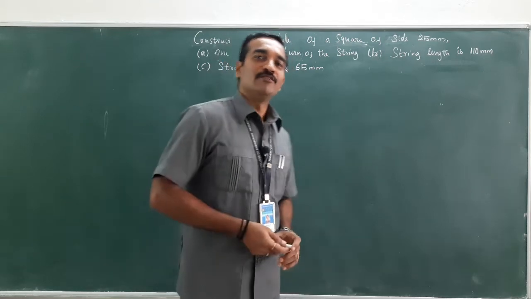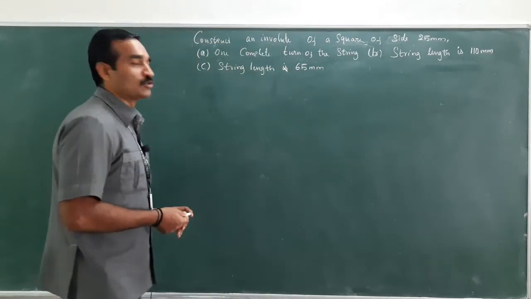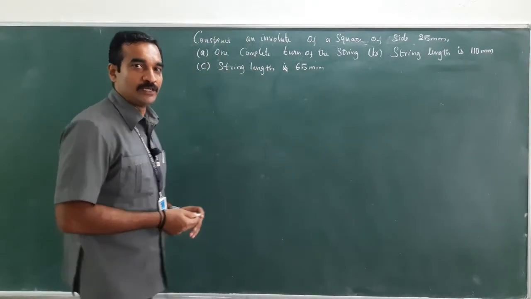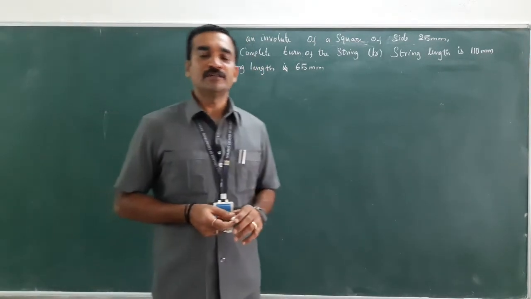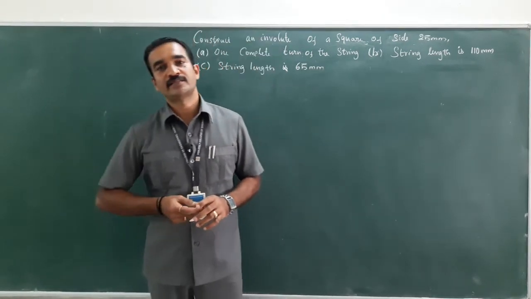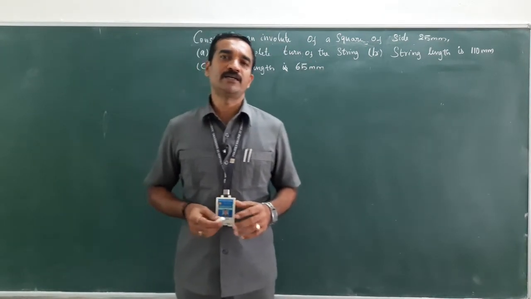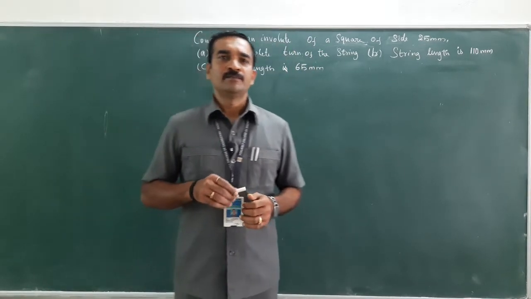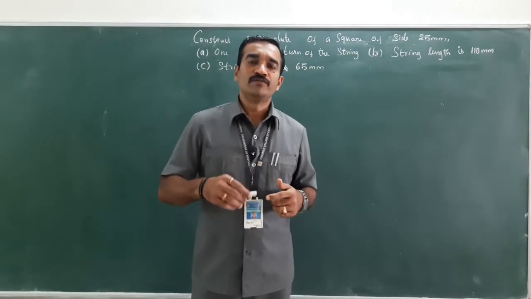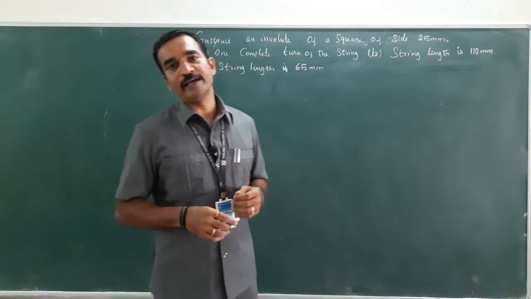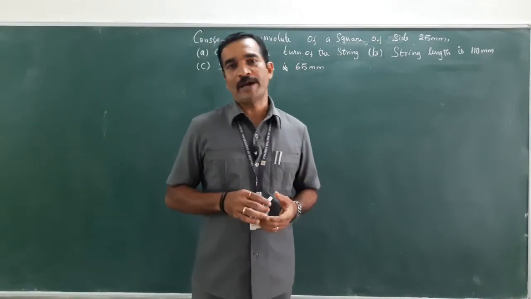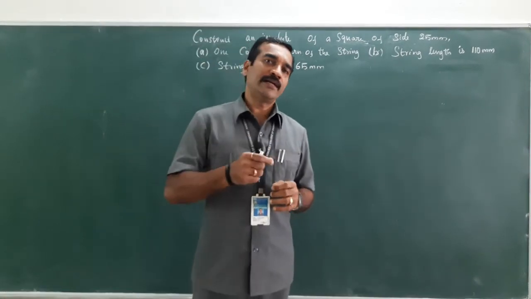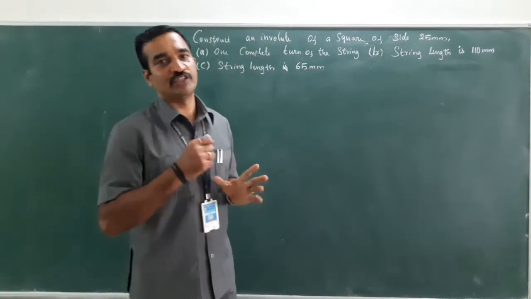Welcome, students. For this lecture session, I am going to solve a problem from the chapter involute. So what do you mean by involute? Involute is nothing but a curve which is traced by the end of a thread or twine when it is unwound from a polygon, which could be a square or a circle, and the thread is being kept tight.